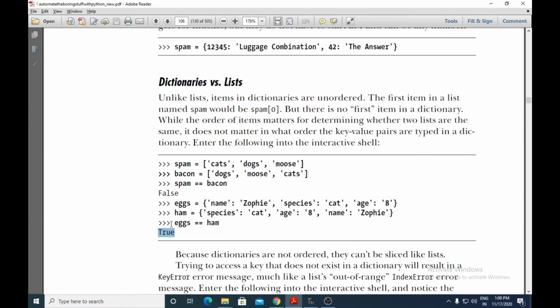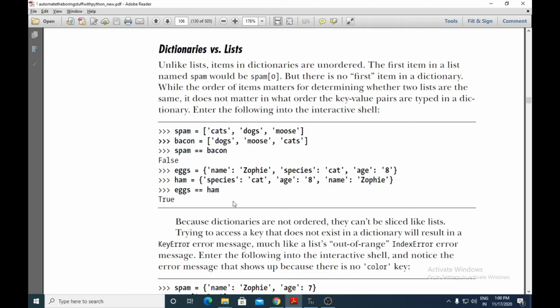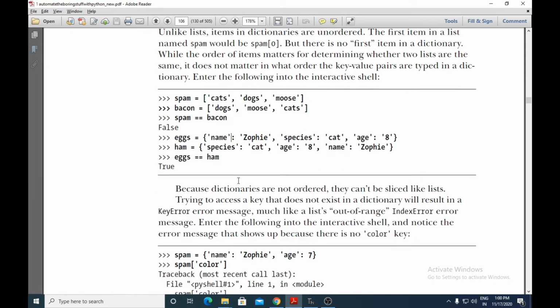So the very important difference between dictionary and list is that in a list the items are ordered, but in dictionaries they are unordered. There is nothing like a first element, last element or middle element in a dictionary.